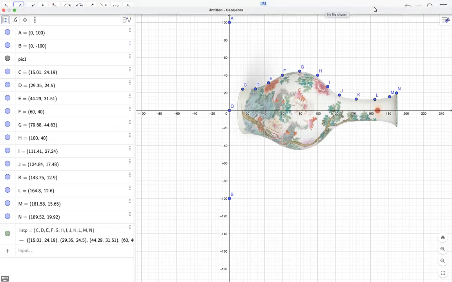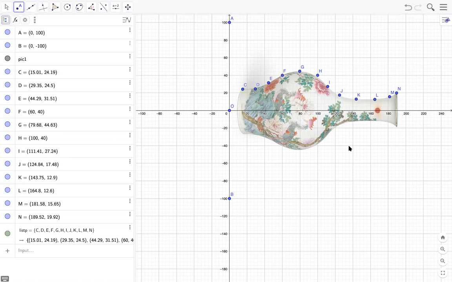We were actually working on this modeling process. Okay, and we want to fit these points using some polynomials.